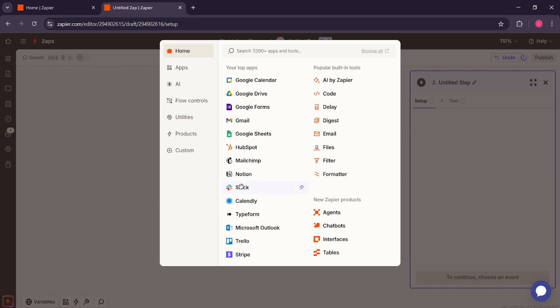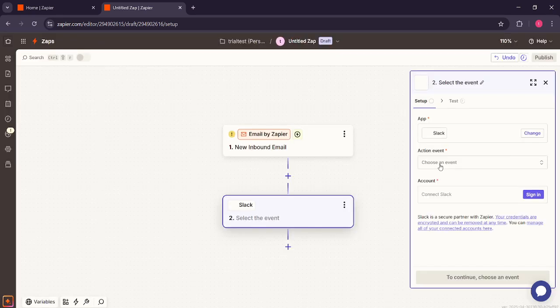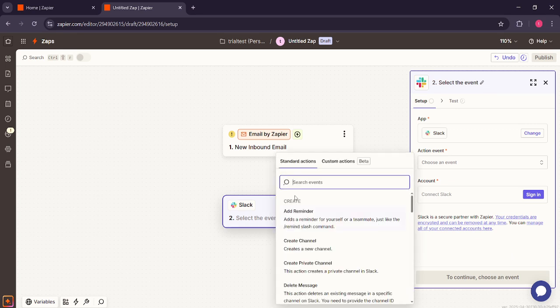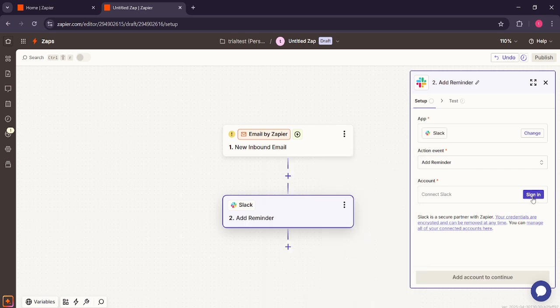Again, just like we did with the trigger, you'll need to choose an event. Here we want to select Add Reminder. This means that each time a trigger email is received, a reminder will be automatically generated in Slack for you or your team. Now, an account sign-in may be required to grant Zapier access to your Slack workspace, so ensure